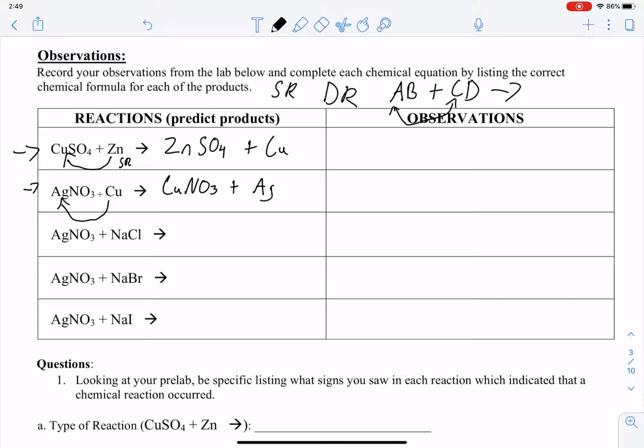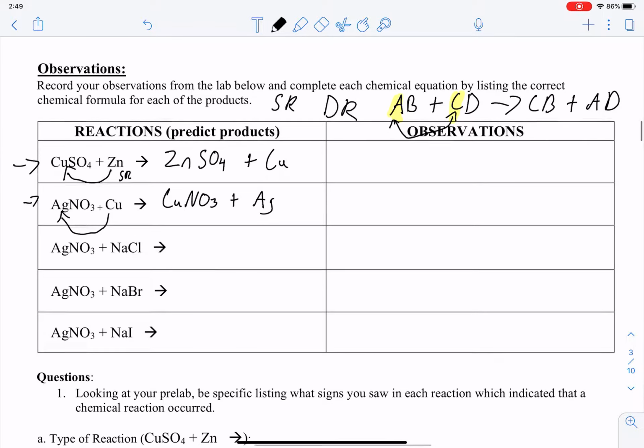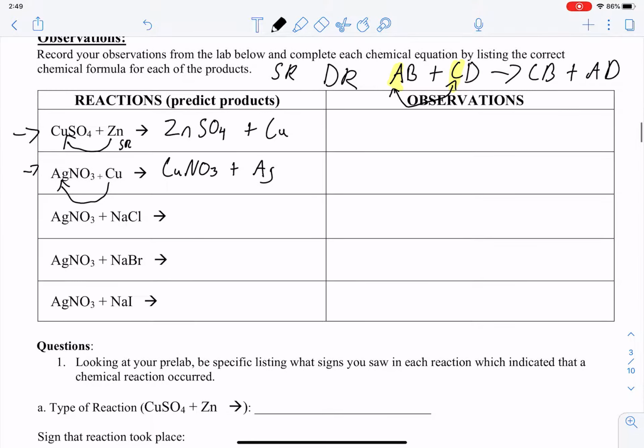So if we have AB plus CD as our analogy, we then get CB plus AD. All I did was switch the A and the C with each other. So we can see the sodium and the silver are going to replace each other. So we get sodium nitrate plus